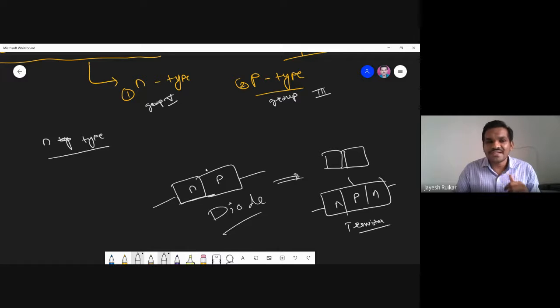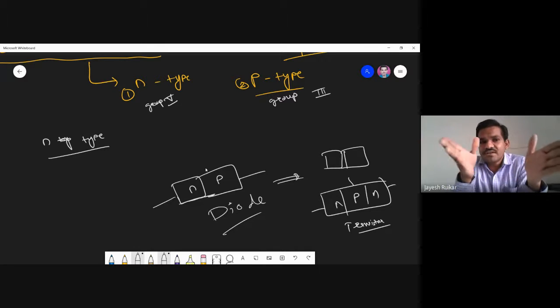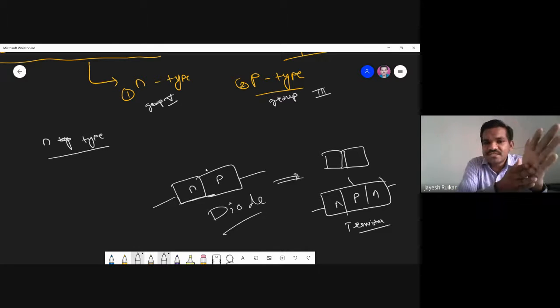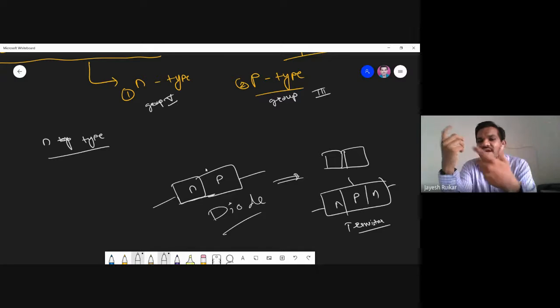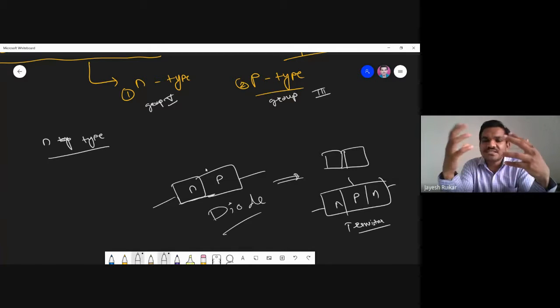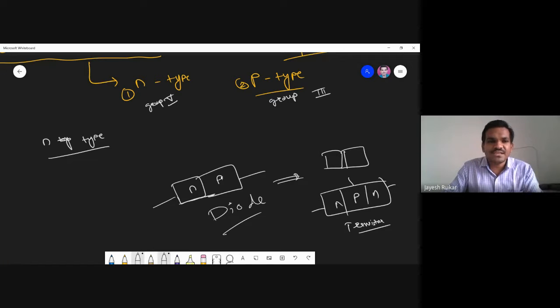That's why I'm giving much more focus on these particular things. If you understood this basic, then the characteristics of the diode and the characteristics of transistors you are able to easily understand. I'm stopping here because I need to go ahead with the n type material again, then conduction. I need to draw, so it will not complete within 5 or 10 minutes. So we can start it fresh in the next class.